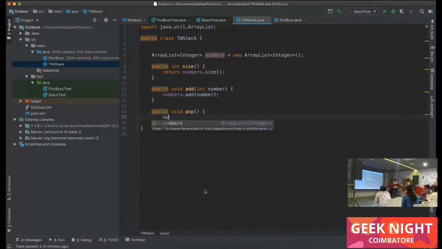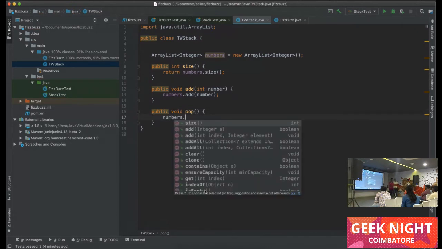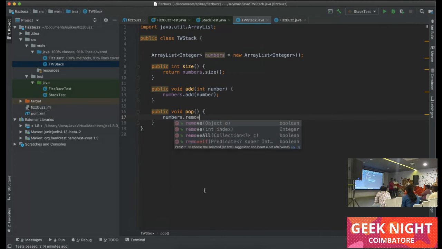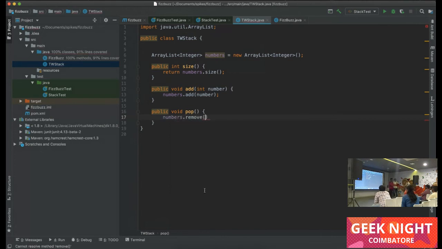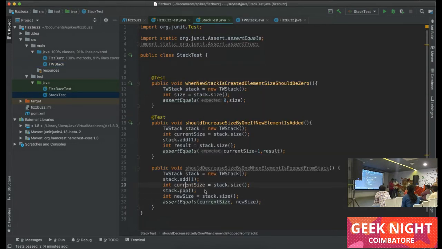Void pop, numbers dot remove index. The current size will decrease by 1, right, in the test. Oh, sorry. We got the current size, but we didn't put current size minus 1. We just ignored the current size and the new size.